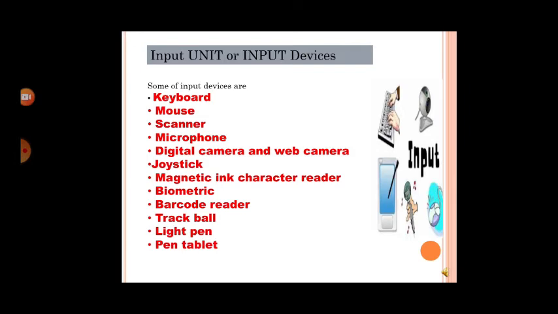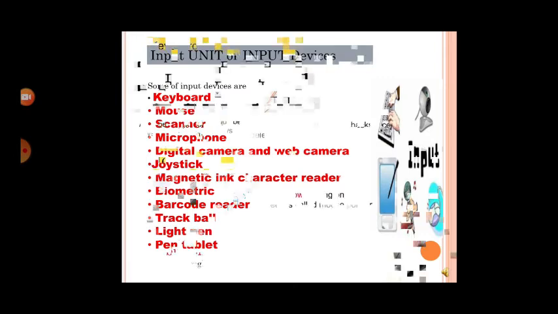Children, we are familiar with keyboard and mouse. So there are some other input devices like scanner, microphone, digital camera, web camera, joystick, magnetic ink reader, biometric, barcode reader, trackball, light pen, pen tablet. Let us see what are the uses, how they look and why they are called input devices.